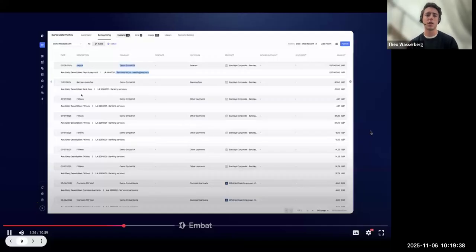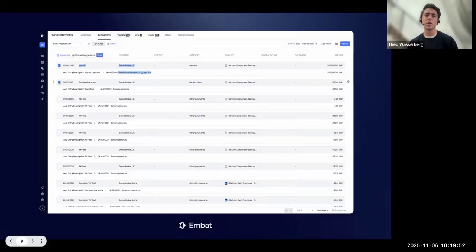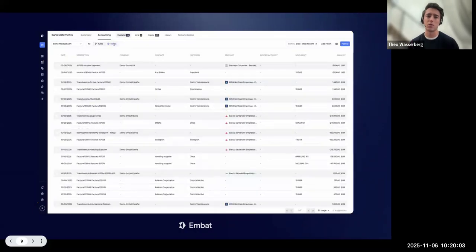Right? So the system suggests these to you, and then it can do this for getting on for 99% of transactions. And therefore, as a finance operator, you're simply looking at the suggestions, selecting the ones that you want to post, and if I click post, it will post those directly into B1. It will close the positions and do the journal entry without you having to do any interaction there. So huge time saving. And you can see here, these are ones where the AI is doing this. So there's a little Tell Me symbol.